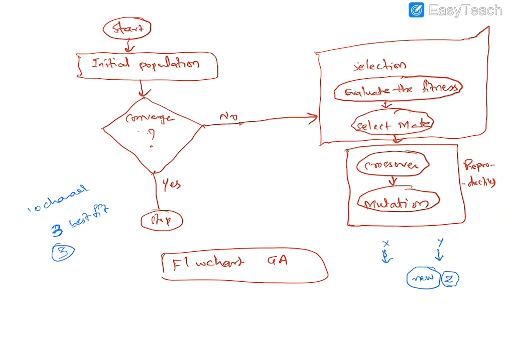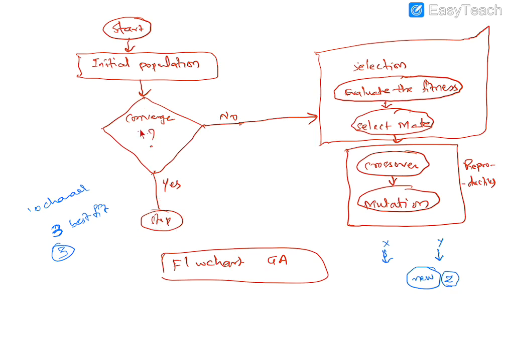Once again I am going to clarify. Observe carefully. It starts from one point, and you need to consider the training data set as the initial population. If you reach the breaking point, that is the termination point, then we stop the process and it stops the execution of the algorithm.